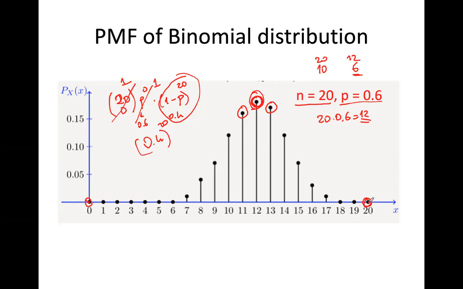Similarly here, if it is the probability of obtaining 20 heads, all of them being heads, is it low probability? Yes, it is. 20 choose 20, p to the power 20 times 1 minus p to the power 0, which is 0.6 to the power 20, which is also a very low number, almost close to 0. So what is my message here, arkadaşlar? When I know this